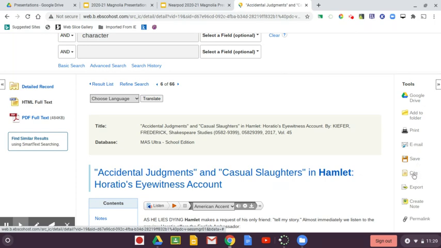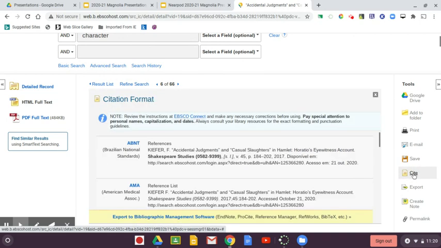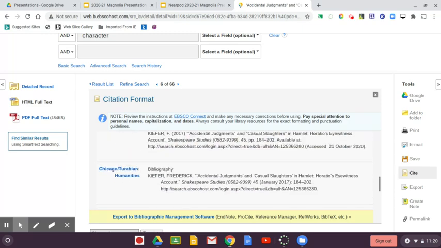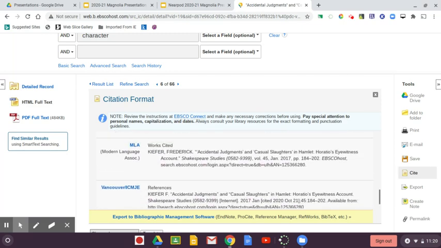But as a writer, one very important thing I can do is click on Cite. And once I click on Cite, it's going to give me several different options for citing my source. Now, this is where it's important to know what documentation style you're using. If you're writing a paper about Hamlet, chances are you're writing it for an English teacher, and she's requiring MLA. And so I scroll down to MLA. I simply highlight the citation, and I copy it, and then I can paste it directly onto my works cited